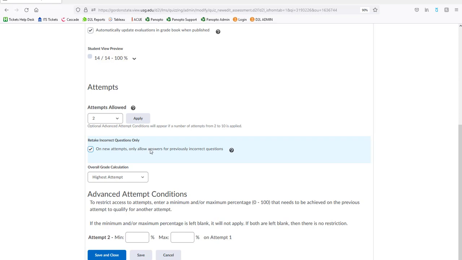can choose to where you only see the questions that you answered incorrectly. So if I had 10 questions on the exam and I answered 5 of them correctly and 5 of them incorrectly, if this is checked when I take it again for the second time, I'm only going to get the 5 questions that I answered incorrectly. So you can choose to do that if you want to, or you can just choose for them to get a whole other attempt at the exam. And then you can choose what grade level gets pushed into the grade book. So the highest of those 2 attempts, the average of those attempts, their first attempt, whichever one you would like